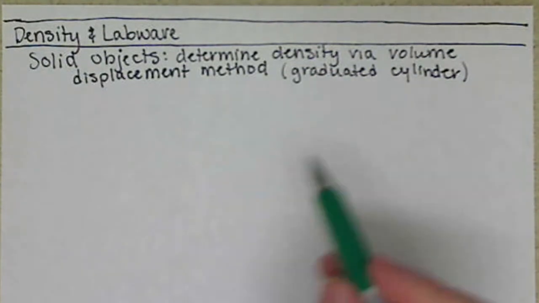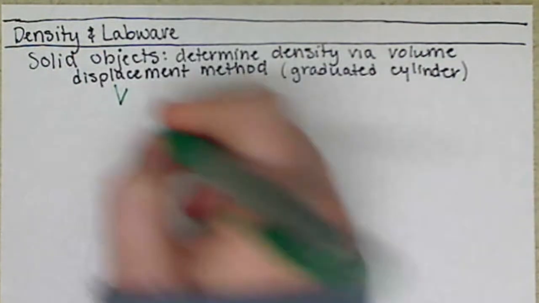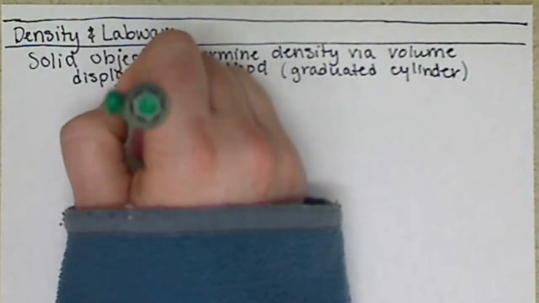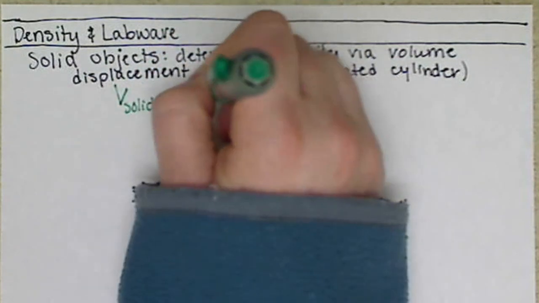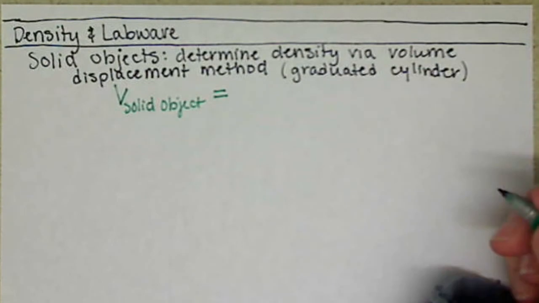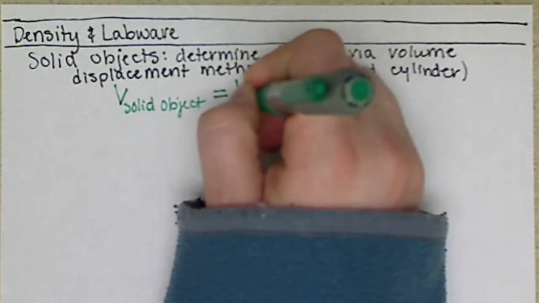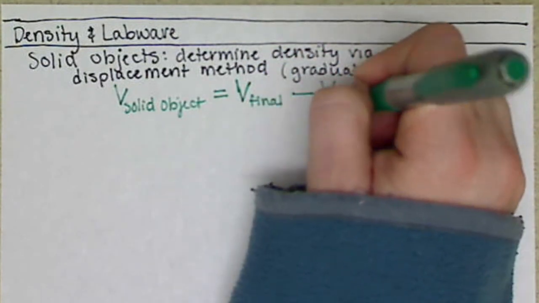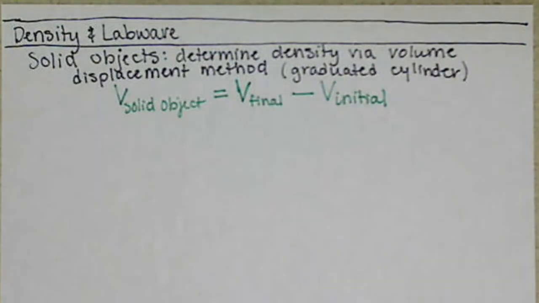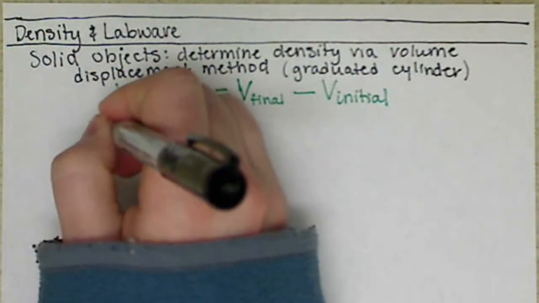So how we're going to do that, this volume displacement works on the concept that the volume of our solid object is going to be equal to the difference between our final volume and our initial volume. So what this looks like in kind of cartoons,